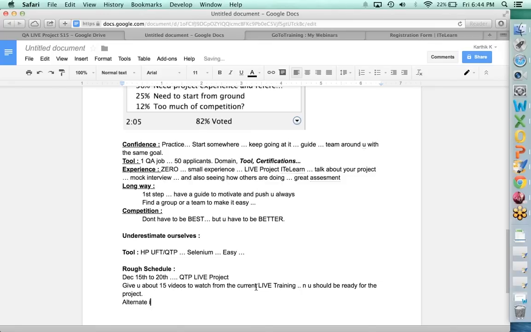Alternate is wait for 3 to 4 months when the other one starts, or find an alternate source. This is if you want to get into the project. I'm not asking you to go, team. I want you to be conscious and take the right decision which is right for you. I know sometimes my schedule is there. So either you're able to join the schedule or you're going to join something in the future.